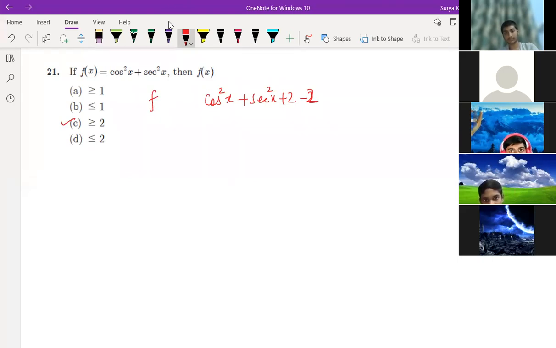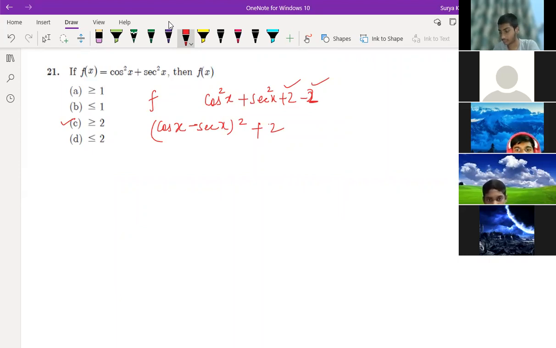Yeah, that's correct, right? So what should you write here? cos x plus sec x whole square, right? Minus 2 cos x sec x, plus 2, you can write, it's your wish. Correct? Because here plus 2 is there, minus 2 also is there. So this becomes a whole square. After this, minus 2 you should write. Plus 2, right? If you did minus, then there is plus.